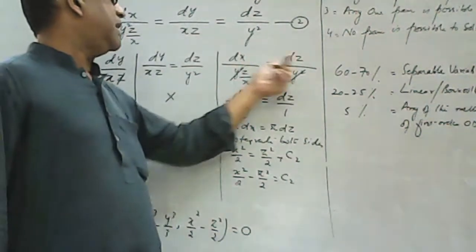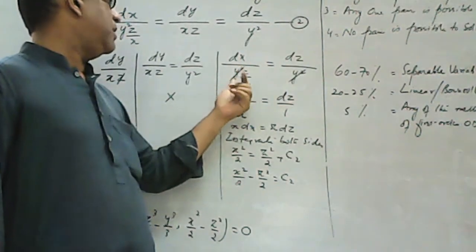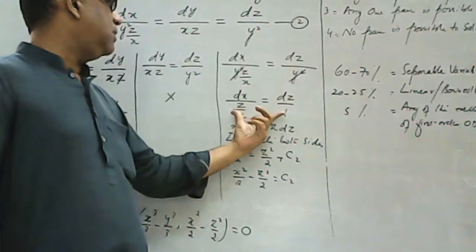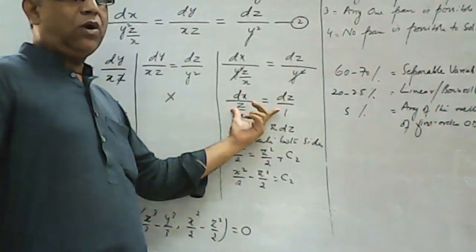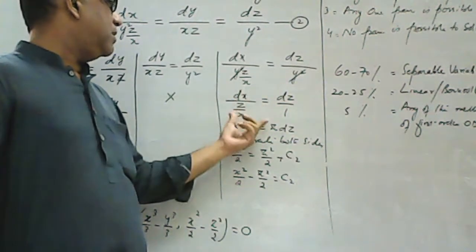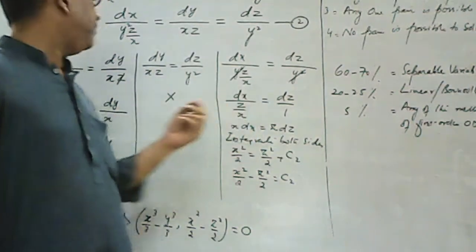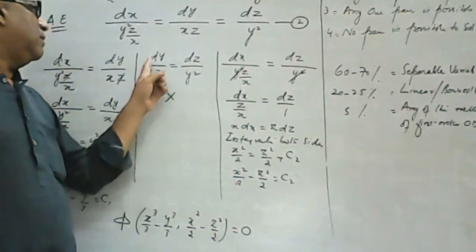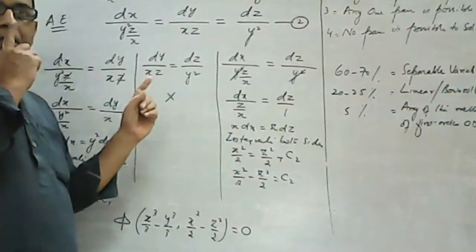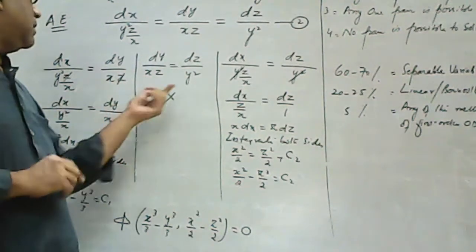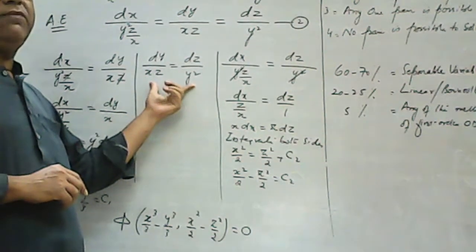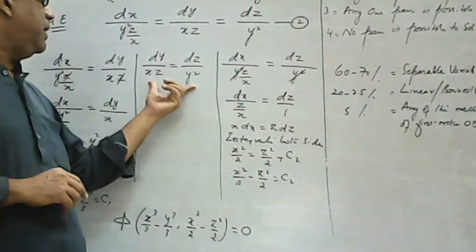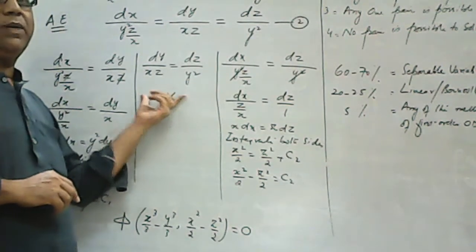Similarly look, x and z are there and y is not there, and we simplified y away, so in simplified form y is not in the numerator, so this pair is also solvable. And here look at this pair, y and z are there in the numerator, x is missing, and there is no way to simplify in such a way that x will be eliminated, so this pair is not solvable.